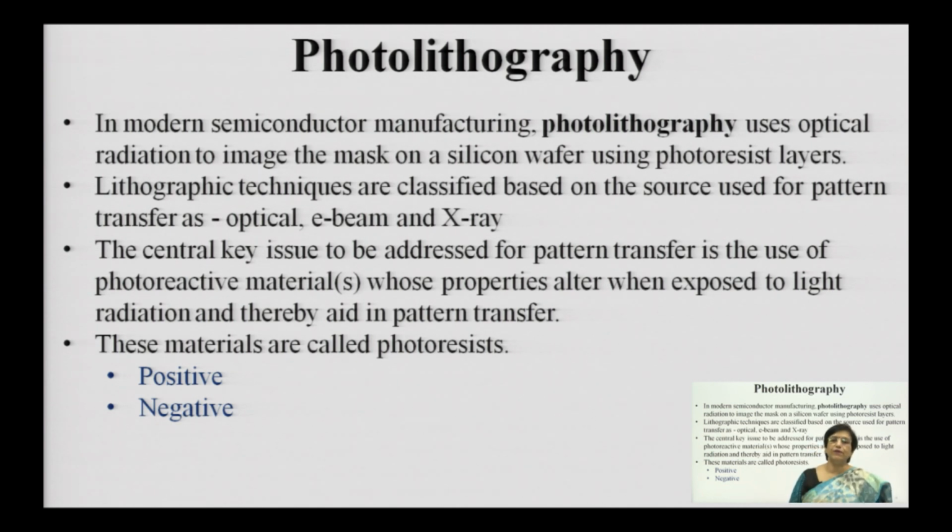Now, in modern semiconductor manufacturing, several stages of photolithography are executed, as many as 7 to 40. If you have miniaturized devices and complex circuitry, you can have as many as 40 stages involved as far as photolithography is concerned. So, to carry out so many manufacturing processes one by one, you need to isolate those areas, earmark those areas, and imprint those areas. For that you need to transfer the pattern onto the wafer, and that job is done by photolithography.